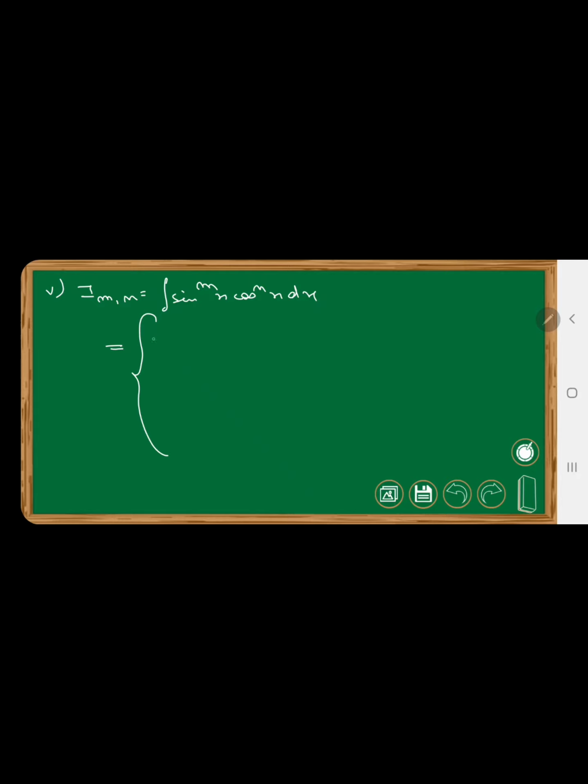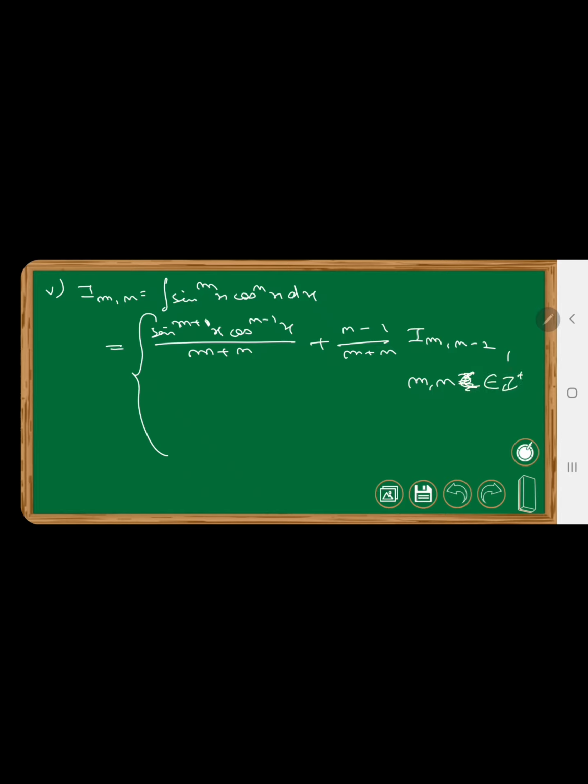The first formula gives you sin^(m+1)x cos^(n-1)x over (m+n), plus (n-1)/(m+n) I_(m,n-2). So the power of the sine function remains the same, the power of the cos function decreases. Am I clear? And this happens when m and n both belong to the